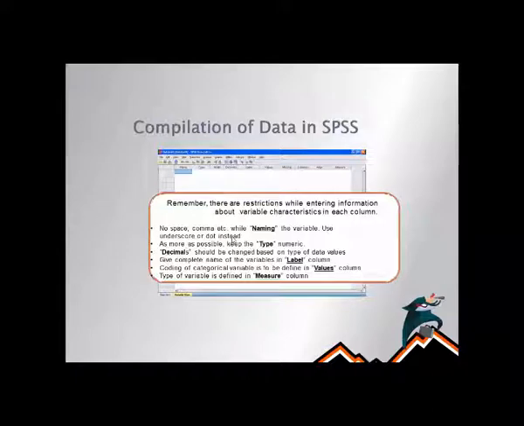I will give you an example of this one. If possible, keep the type of data numeric. Decimals should be changed based on the type of the data. Give the complete name of the variables in the label. Coding of the categories is to be defined in the value column. Type of data is defined in the measure column. This one is, as I told you, ordinal, nominal. This type is defined in the measurement column. We will place according to their